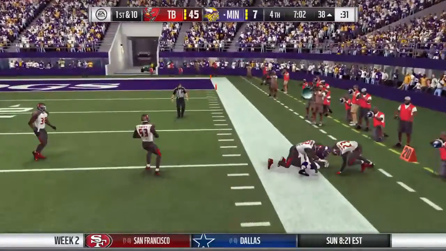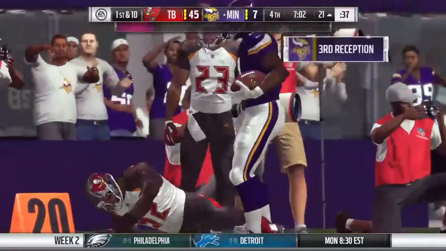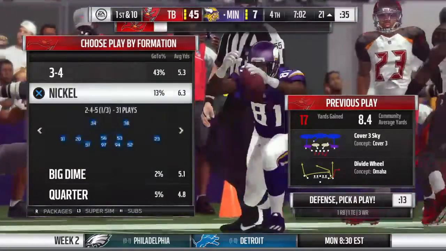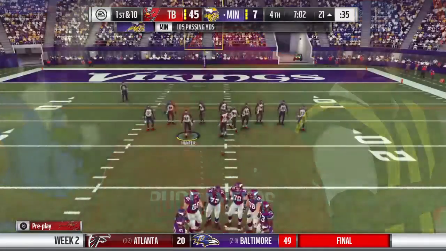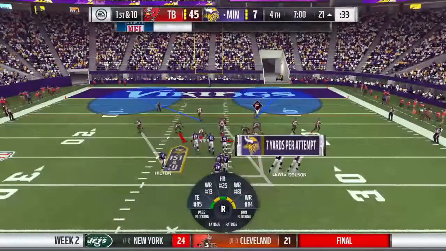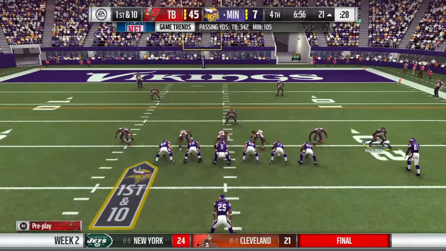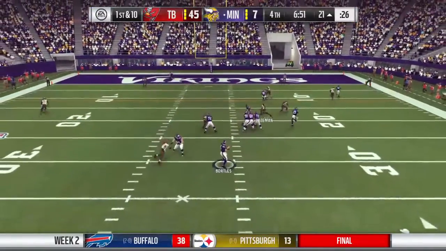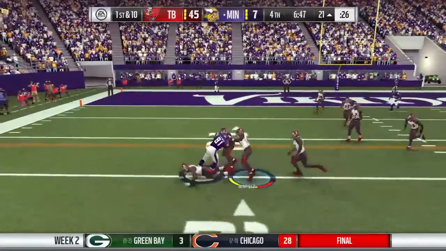Throwing right, and that's complete. They get 17 yards there. And that leads to a Minnesota first down. And the offense lining up 1st and 10. One receiver left is Hilton. On first down, Bortles. Over the middle, it's complete. And they showed off the...